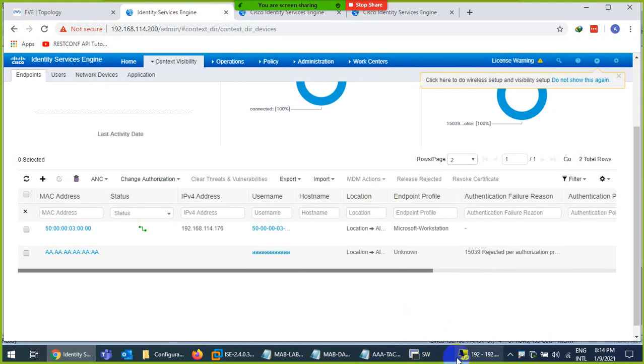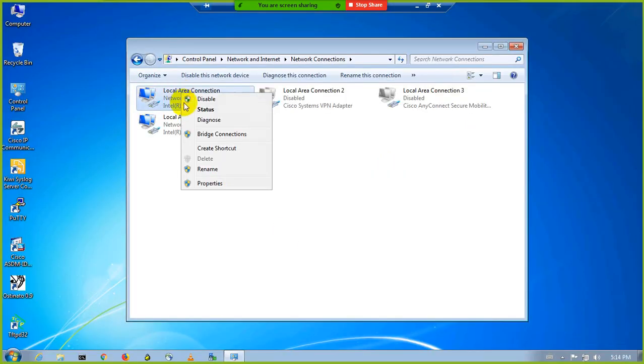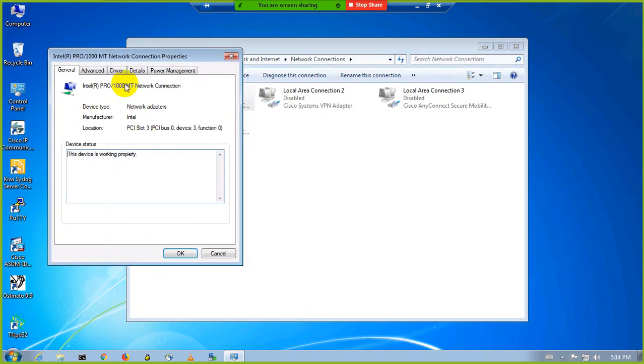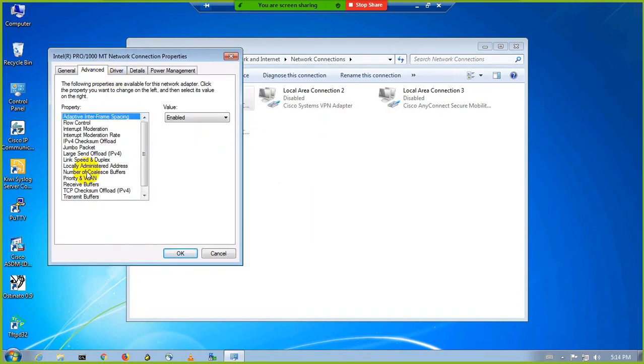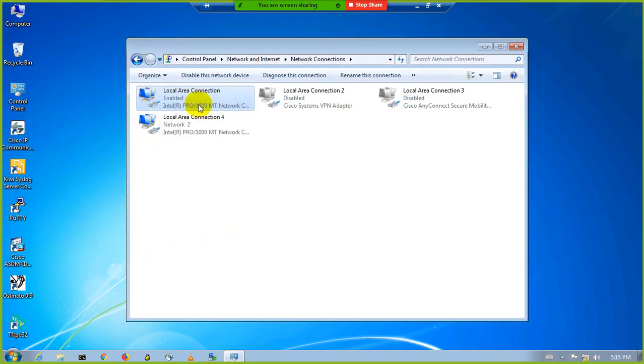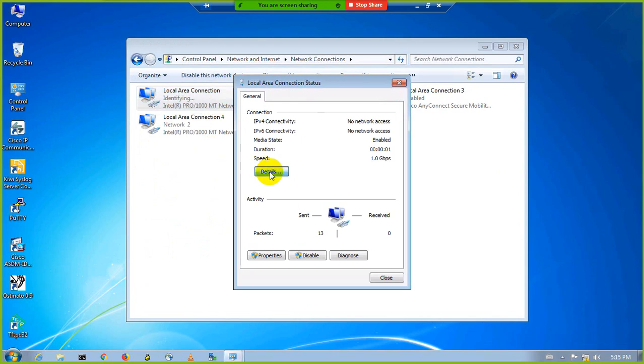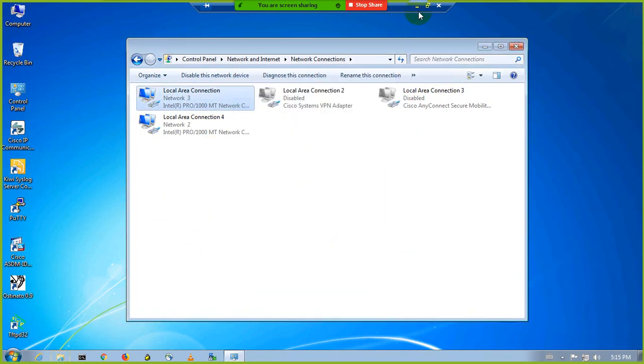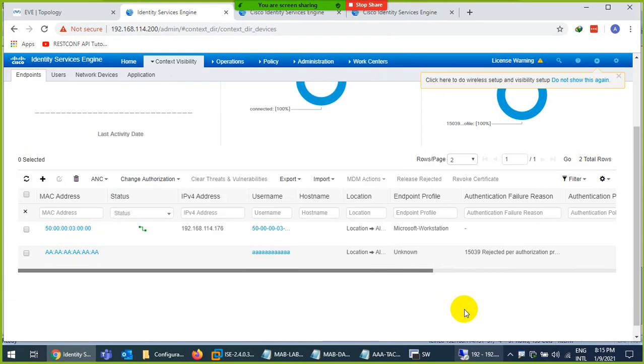One thing, either you need to go back to your PC and change your MAC address to the one which they already have. So in our case, our MAC address was, let me go there, and not present. So it will make it the default one again. Okay, and let's see, yeah. So now it's back to the normal one, and I hope this time they will be authenticated.